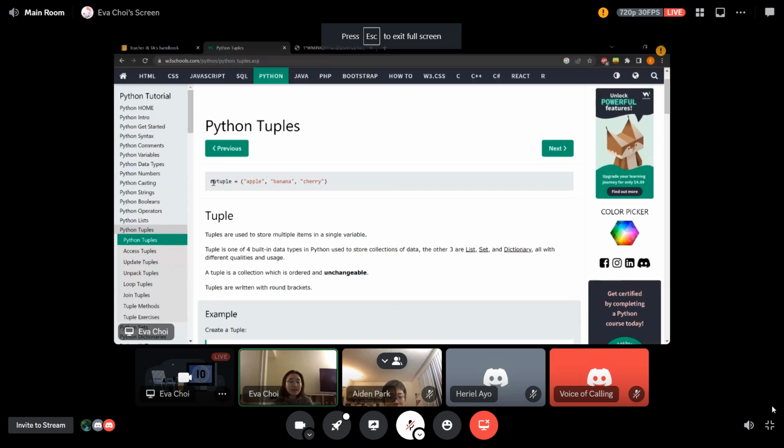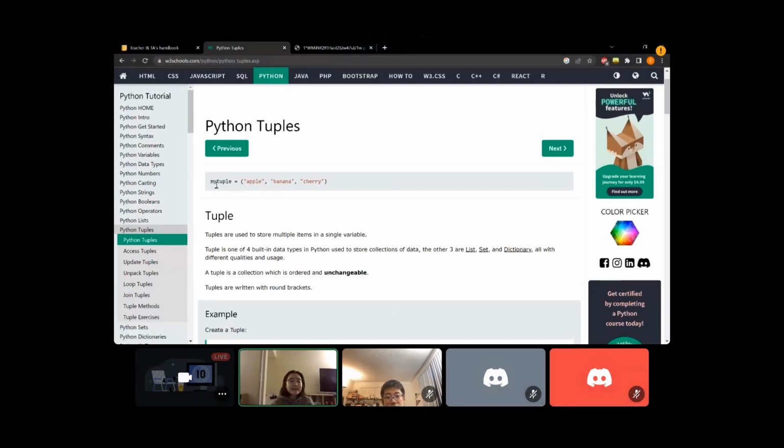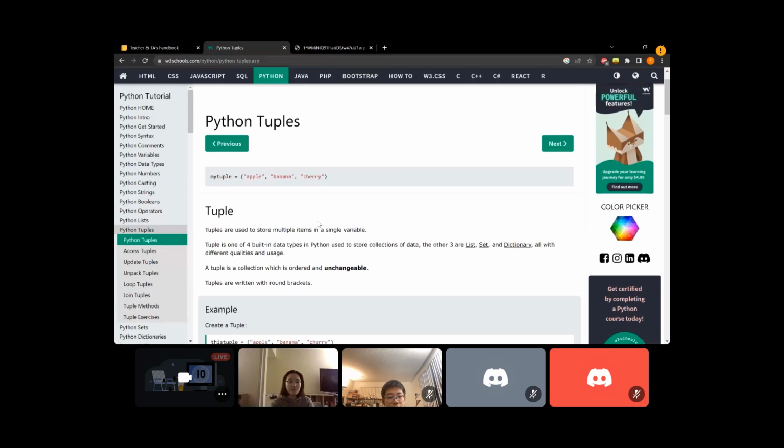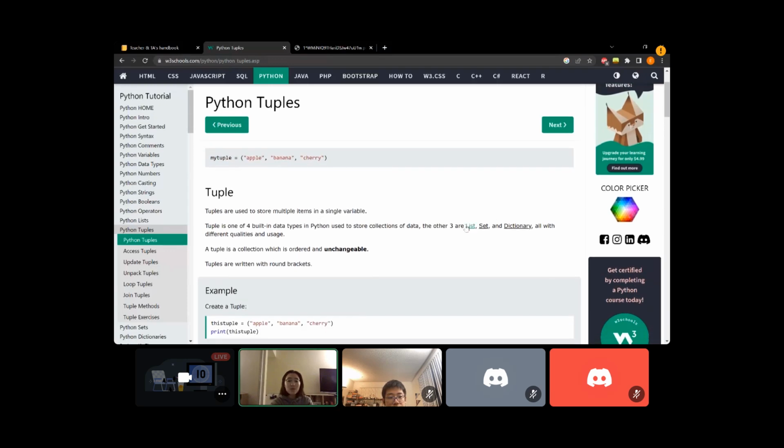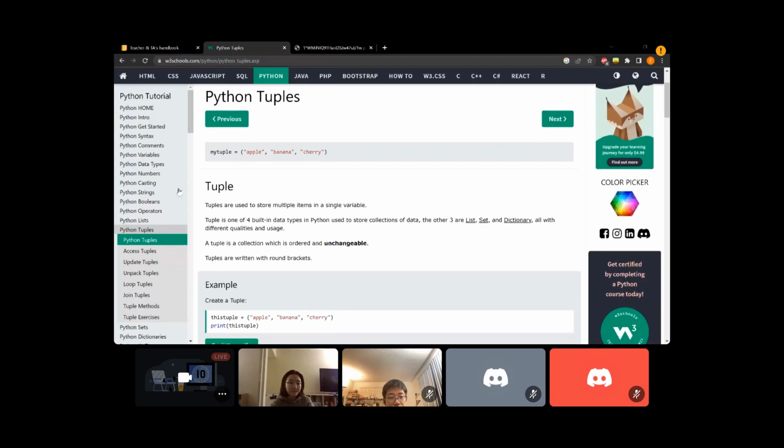So let's look at this example. In this case, the name of the tuple variable would be my tuple, and this would be the value of the tuple. And we can see that there are 3 items in the single tuple. We'll go over these other data types a little later, but